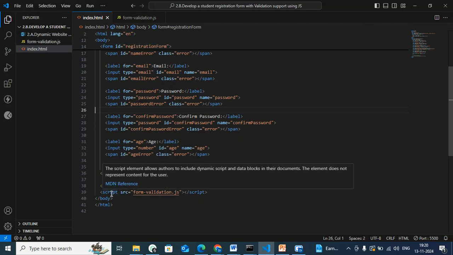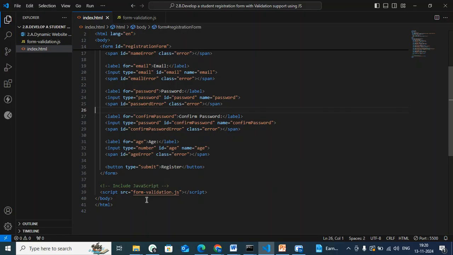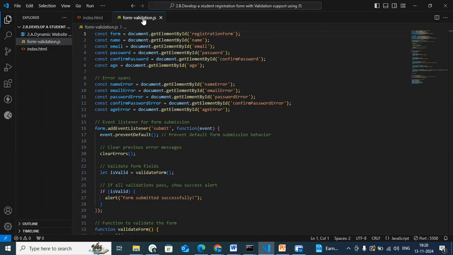So here in the body tag only, I have given the script source, form validation.js, which is my JavaScript file. Here in the form validation, we are trying to access what is given in the input fields. In the form, the first thing is the form id, as we have to traverse through the form.